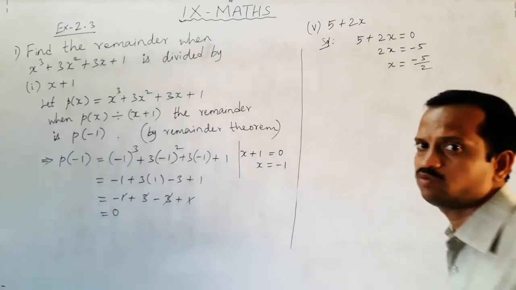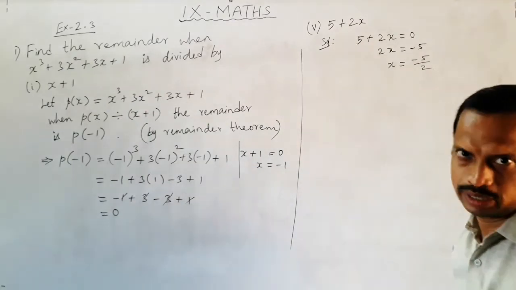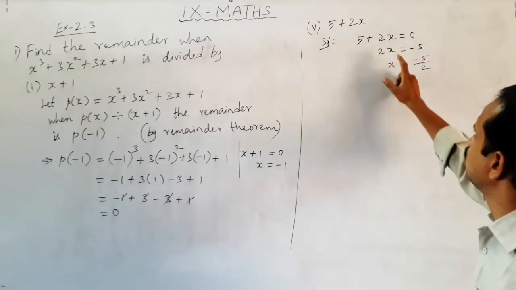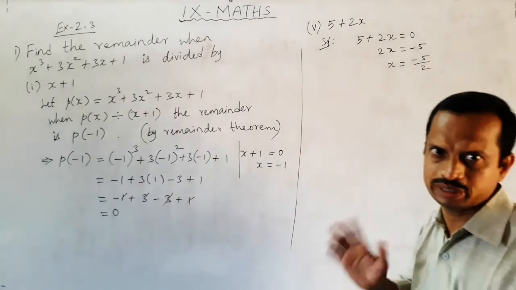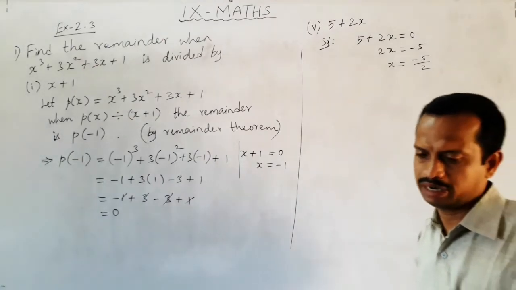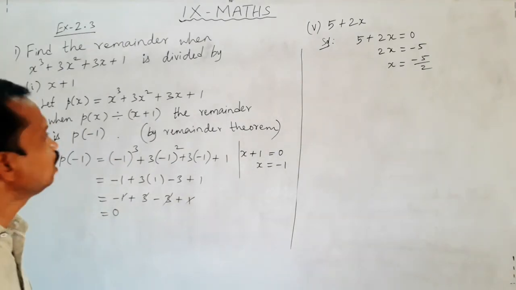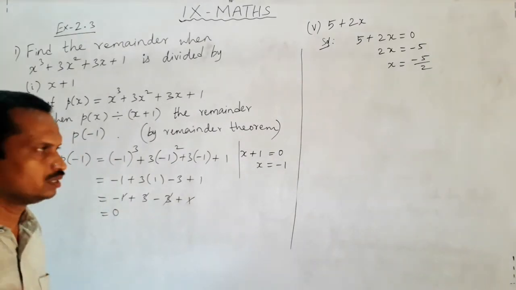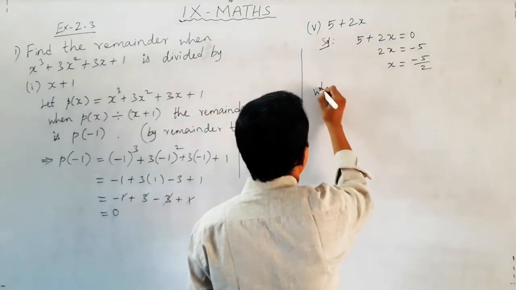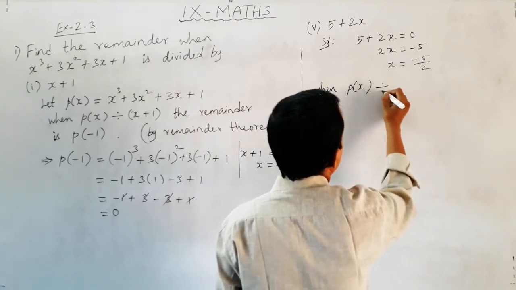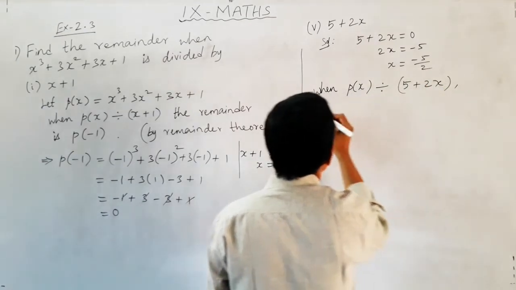So first of all, we have to find the 0 of the given divisor. Here the divisor is 5 plus 2x, and 5 plus 2x equal to 0. Then 2x is equal to minus 5 and x equal to minus 5 by 2. You know how to transpose and all; every time we are explaining. And now here it is the same p of x, only the divisors are coming different. So when p of x is divided by 5 plus 2x, the remainder